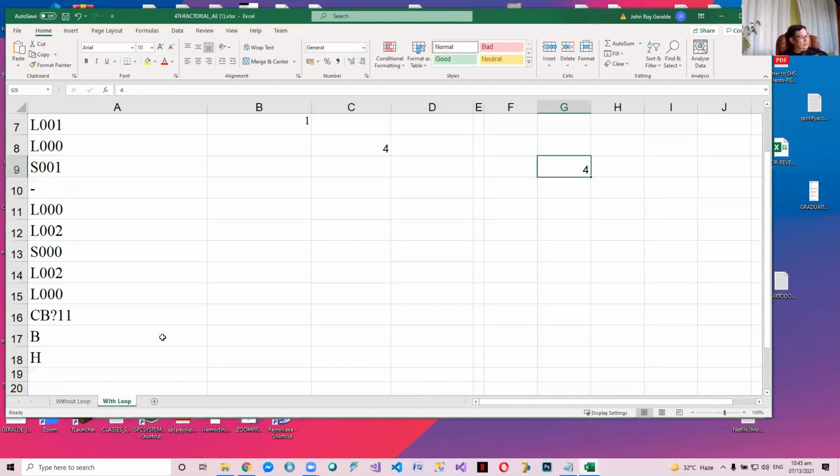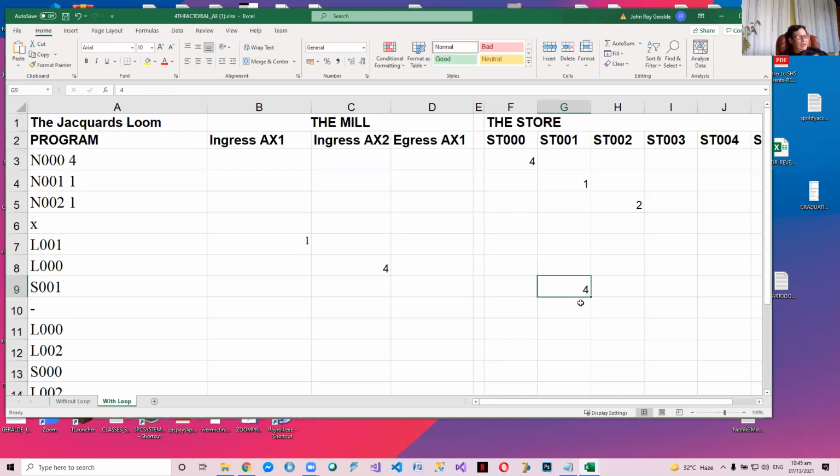Anyway, it's a different version, so you just have to make do, no? So dito ilalagay yung times sa S001. And then we'll minus 000, which is 4. Okay, 002. Mali, no? 1 ito, I'm sorry, no? Kasi 1 ito dapat. Binaligtad na niya ngayon yung gamit ng 00 at saka 001